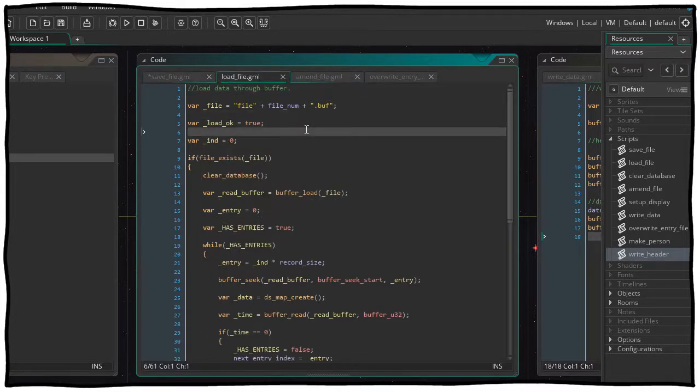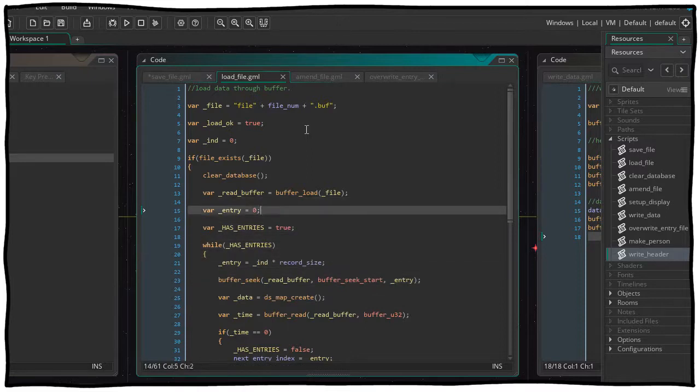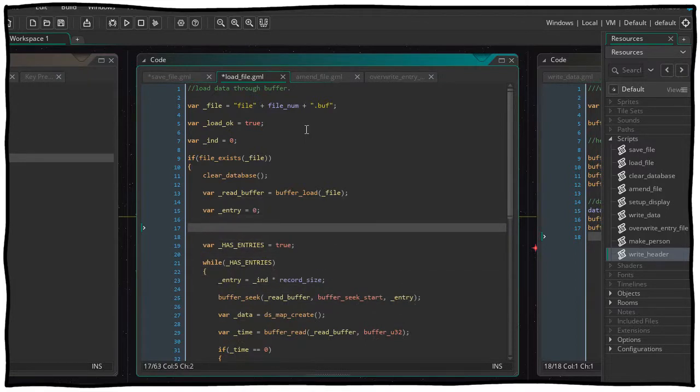So we need to essentially read the header. We're going to read the header after we've loaded the file here. So we'll put it in between var entry and var has entries, because we need to do it before we actually read all our data, and after we've done our load. Somewhere in here we need to load our header. So we'll do it here,